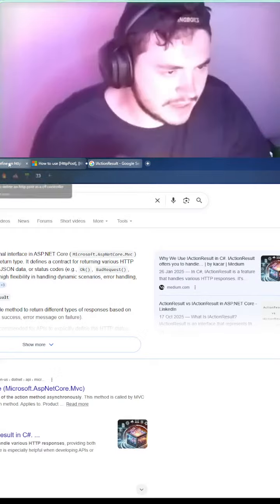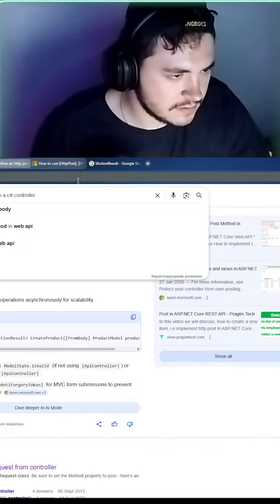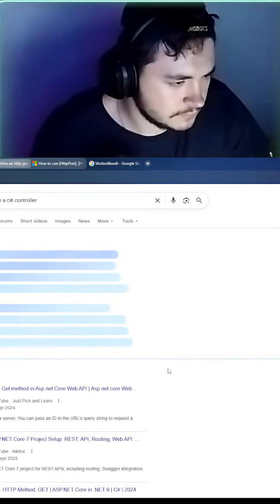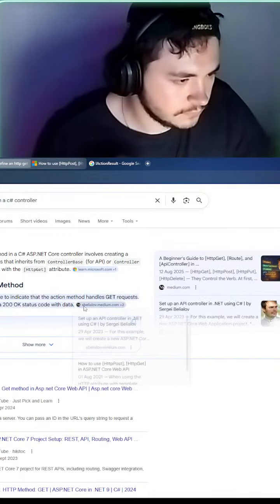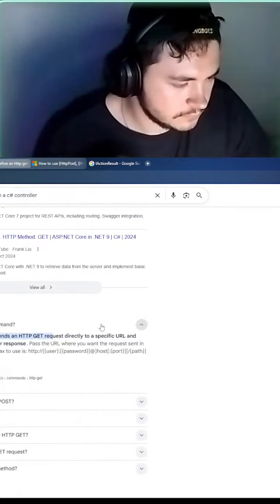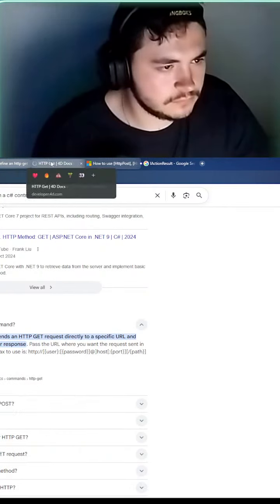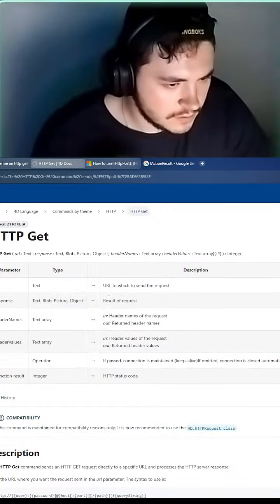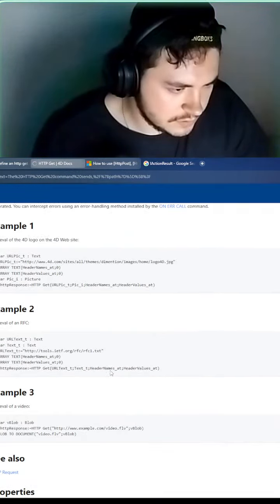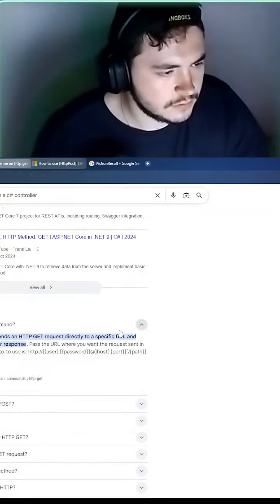Let's see if we can find the right one for an HTTP GET. Let's see if we can find an example. Nope, not what we're looking for.